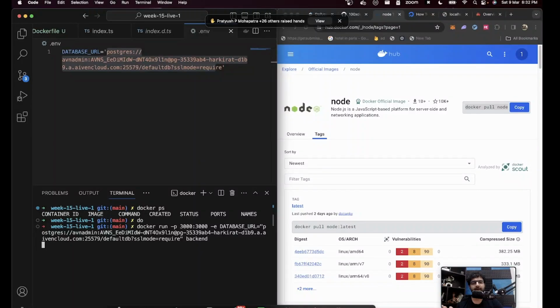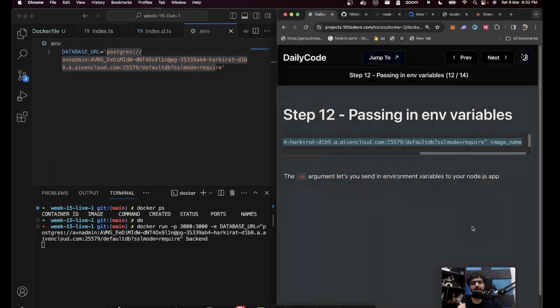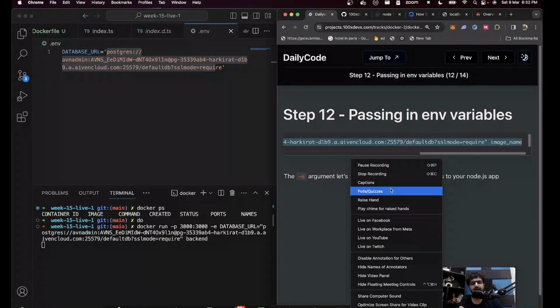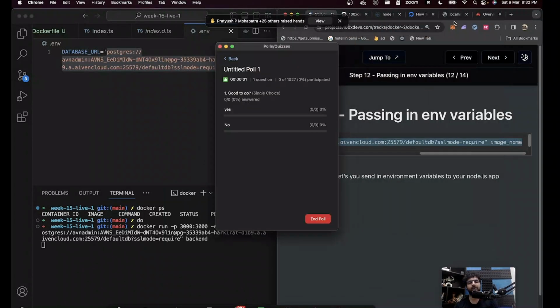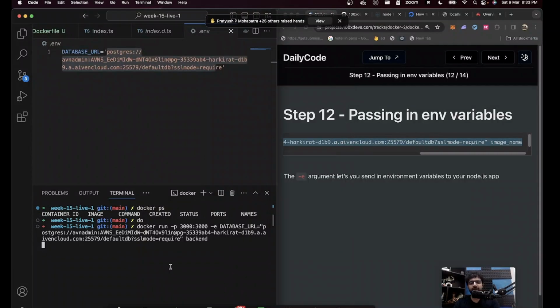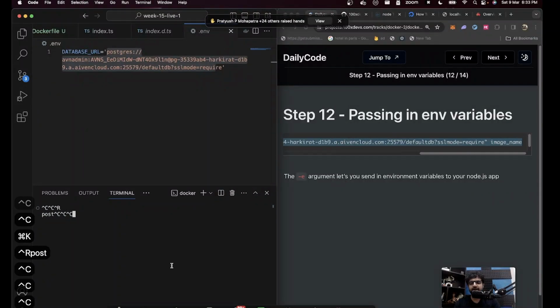All right, cool. Do we understand this, or was this a little dilly-dally? Do you understand environment variables and how you can inject them at runtime? By runtime, I mean when you're starting a container. If you don't understand this, you might remember from a few weeks ago when we were starting Postgres, then also we were injecting environment variables.